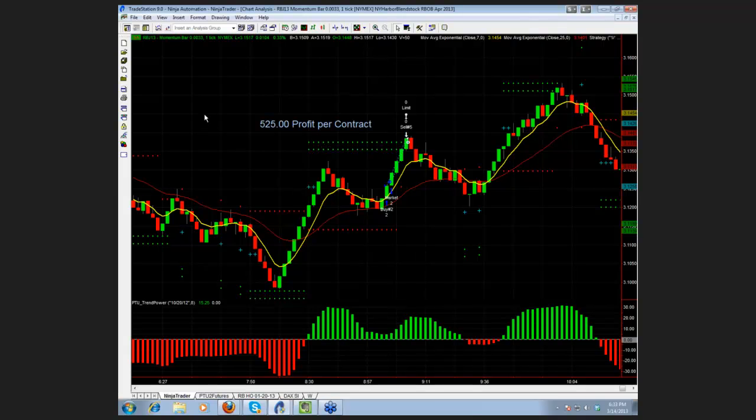Now, one of the secrets to the PTU approach, the method that you're looking at here, is that we don't trade the same size bar every week. That changes. And there's a very simple calculation that we give you. It literally takes 10 seconds to calculate at the beginning of the week, and that is the size that we trade for the whole week. The concept is pretty simple. Markets get very active and they get very inactive. Volatility changes. Markets get volatile and they get non-volatile, or they get very quiet.